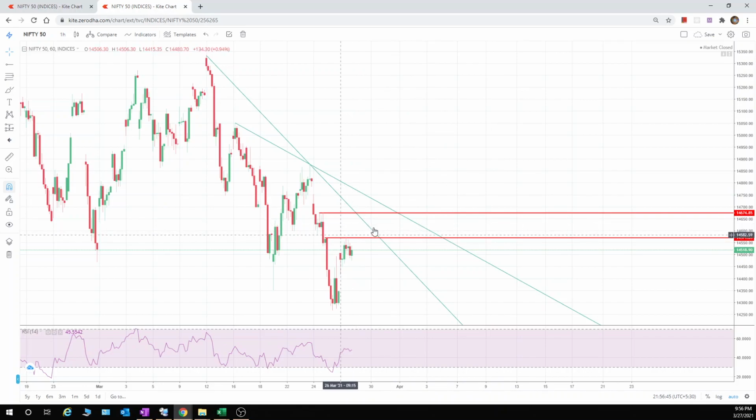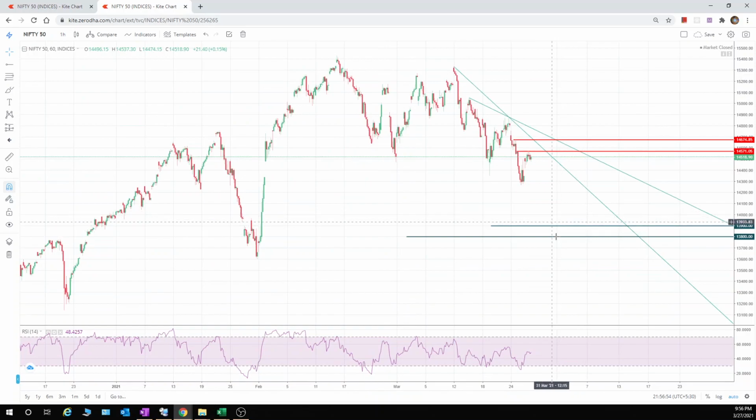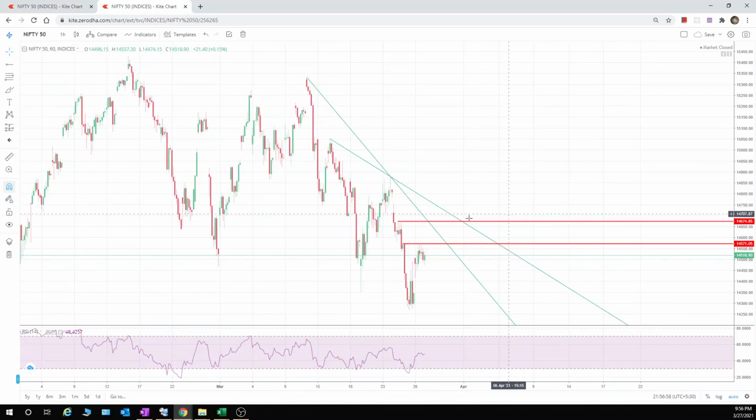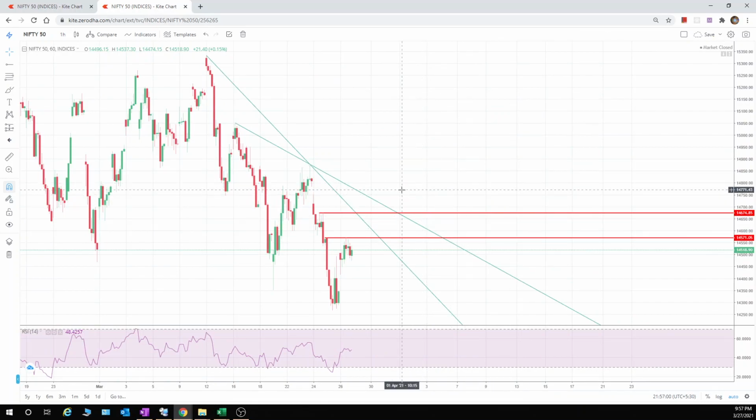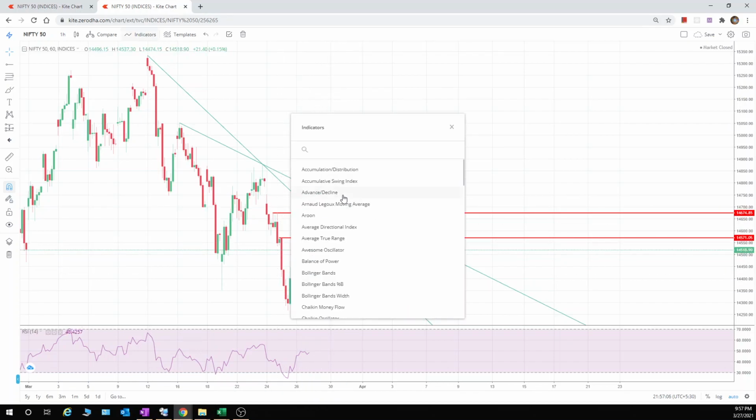Okay, so be cautious at this level. Okay, and if it is breaking this low, 14,000, it will get support somewhere over here. And you know my indicator also, I have always told you that now you are along with the indicator, now it is not showing any weakness in the indicator.